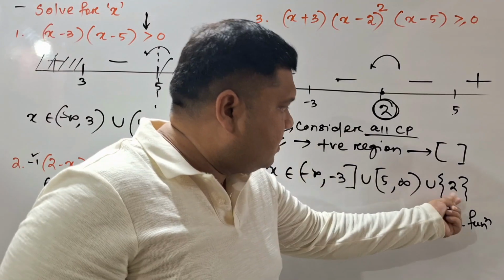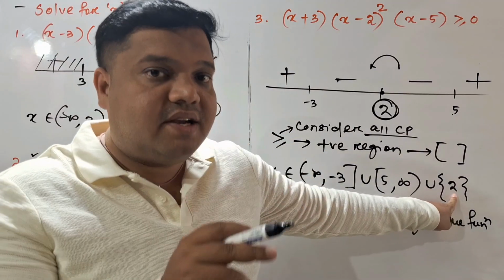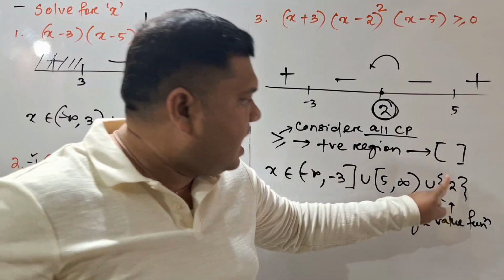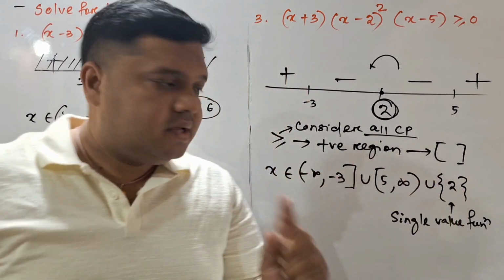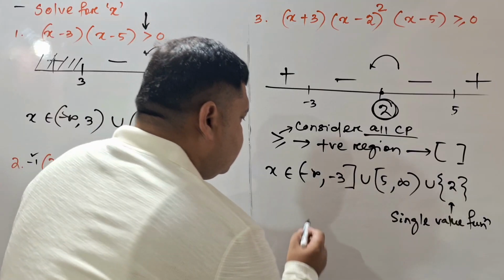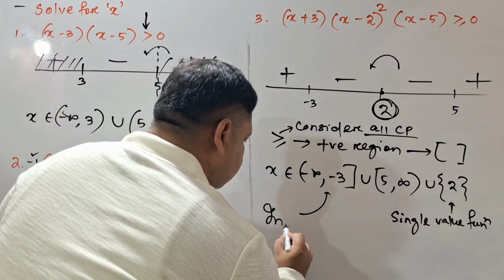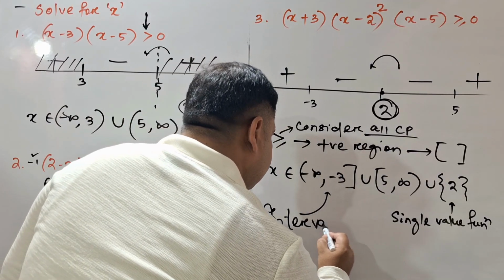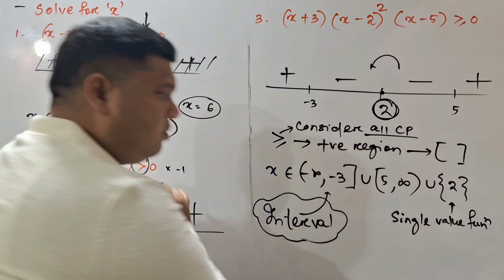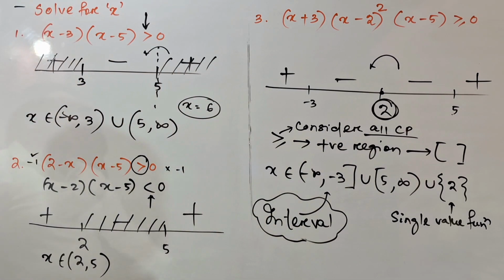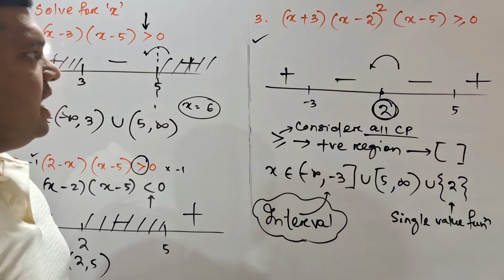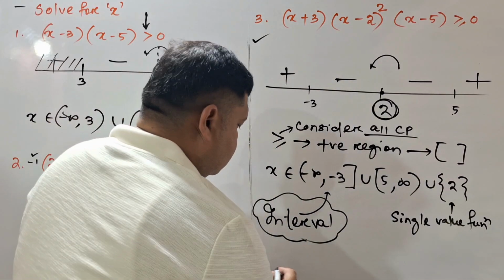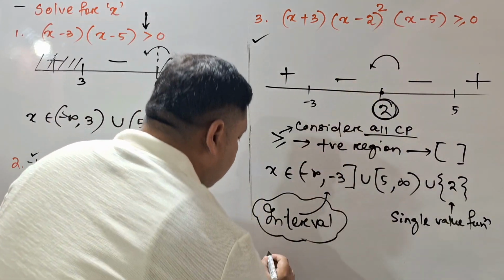But you remember this 2 within the curly bracket means it is a single value function. At x equal to 2 you get some values of y, but this is a single value. But these are intervals. Very, very important. These terminologies are very important, so this question is important here. Clear? So in this way we have to handle it, and you can note that whenever power is odd,